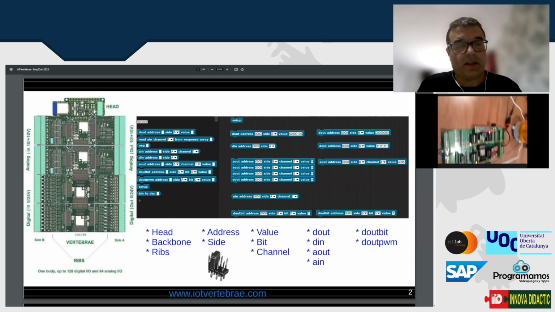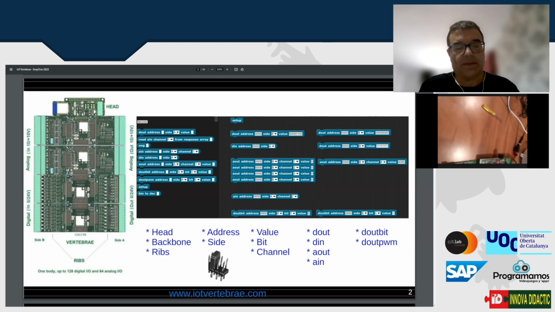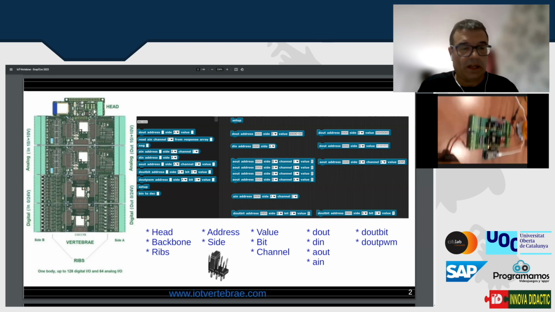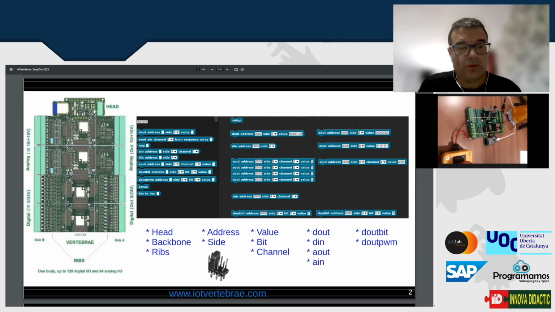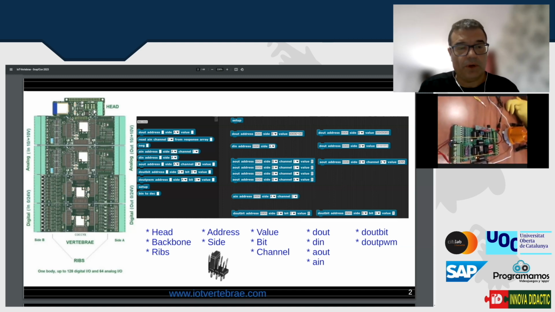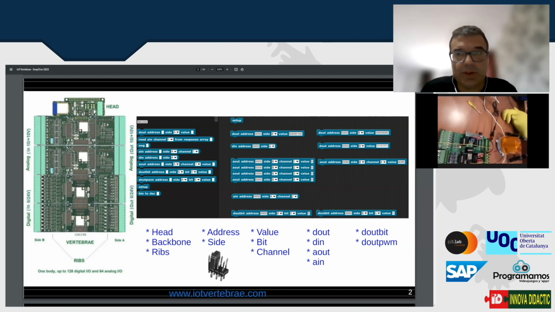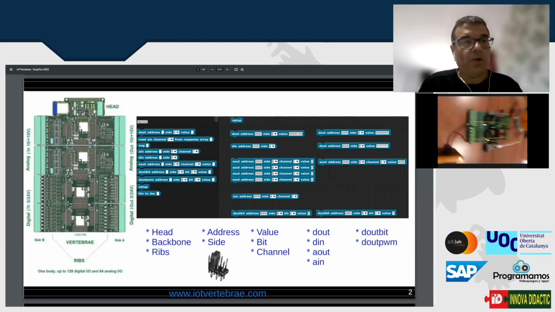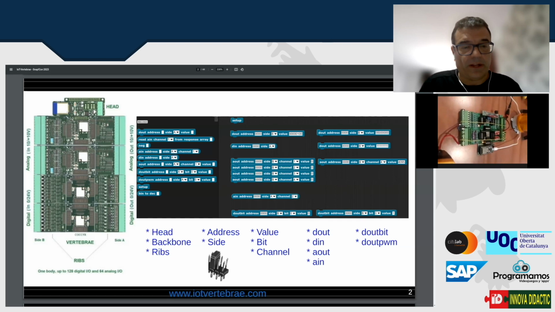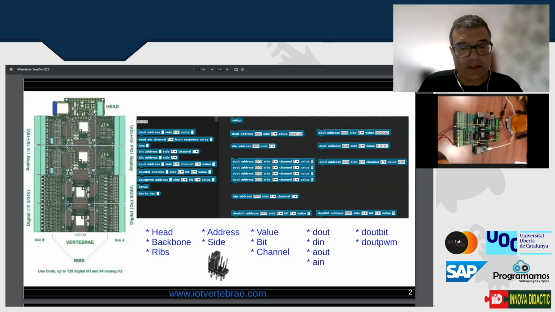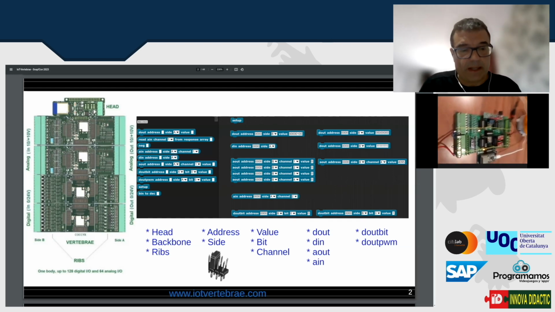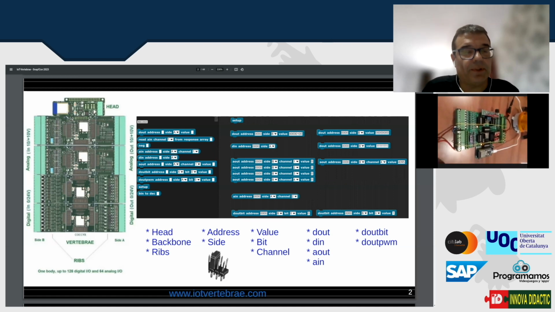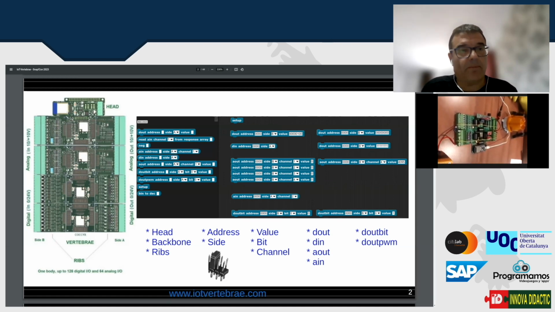Then the concept of the head. The head today is an MQTT translator to the backbone. This is the backbone, and now we're using a bus called CAN bus. The backbone is the set of vertebrae boards connected through a main bus. These are the RIPs. The RIPs are flagged to